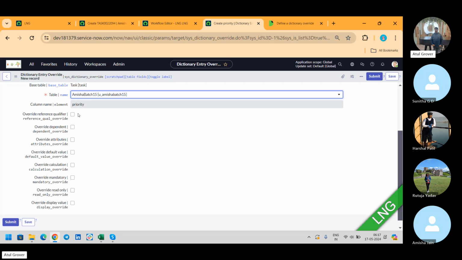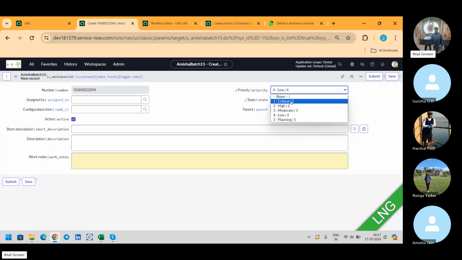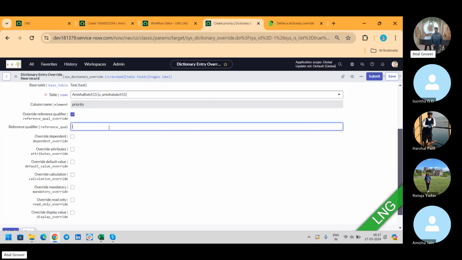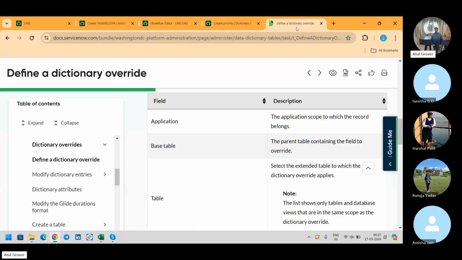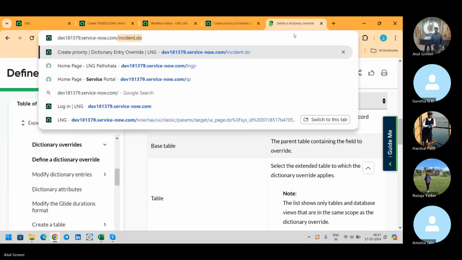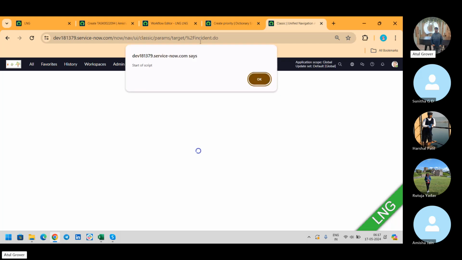Number one, we can override the reference qualifier. Because here there is no reference, these are drop down values. But if you want, you can change the reference qualifier to the new table. Override dependent, like in this case. Where did it go? One minute, wait, let me open this. Okay, if you look here, subcategory is dependent on the category, but in my table I want to change the behavior of this one. So we can do